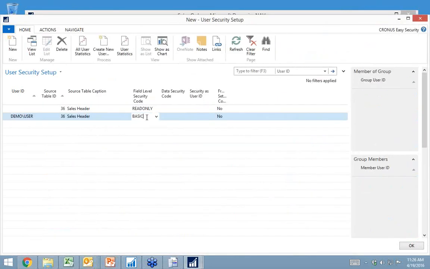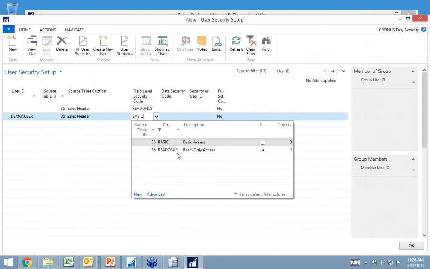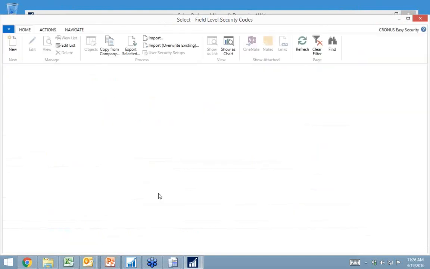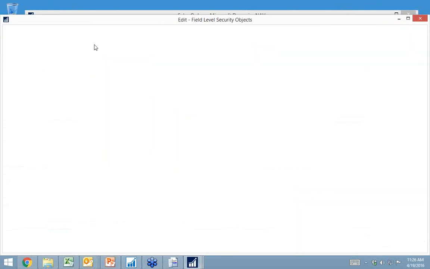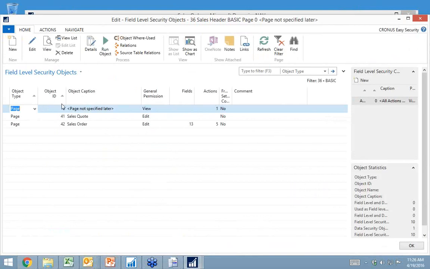If we take a look at this basic code out here, we can for each page or form in the classic world have a setup in here. And the same way as we use the blank user, I use page 0 and make it view out here, basically making it so you can only see the page, you can't change anything or click on anything.